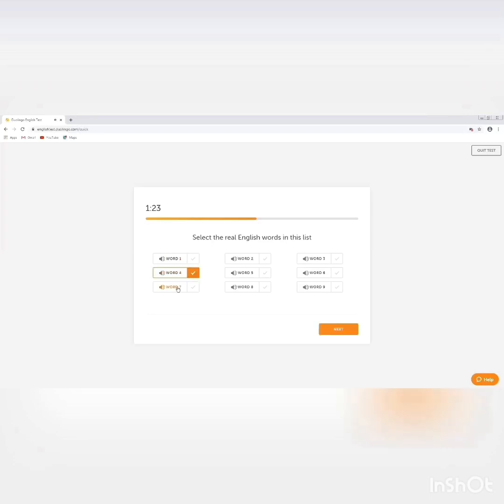See, the task over here will be repeated twice or thrice, but of course the words of English will be different all the time. So you have to keep going with the flow and do whatever has been asked of you. And make sure that you complete each and every task very accurately to make sure that you score well.